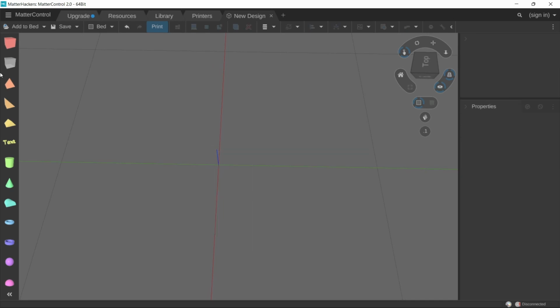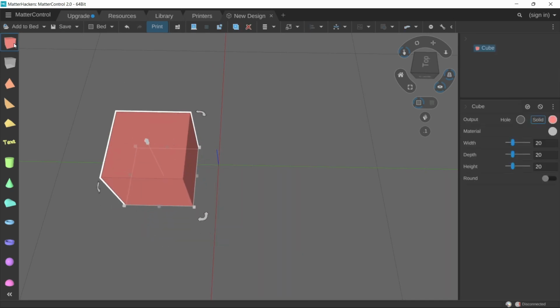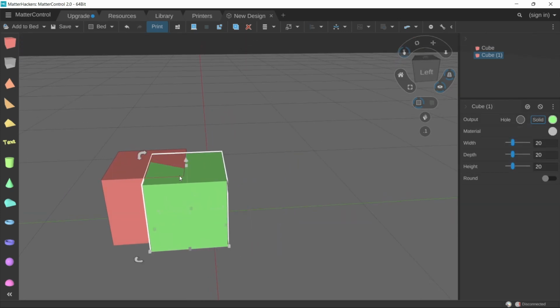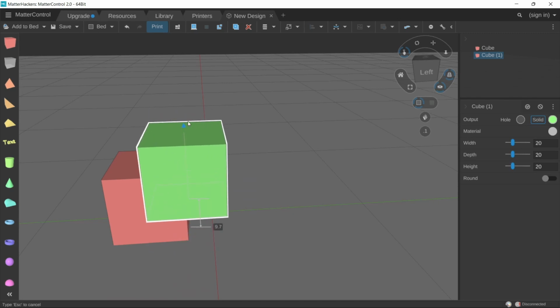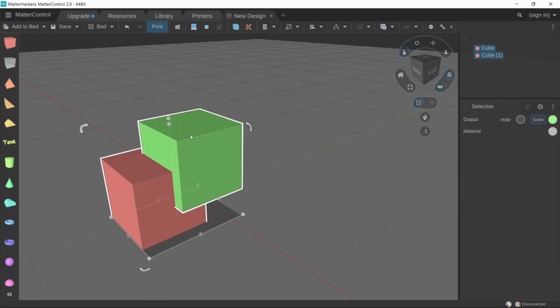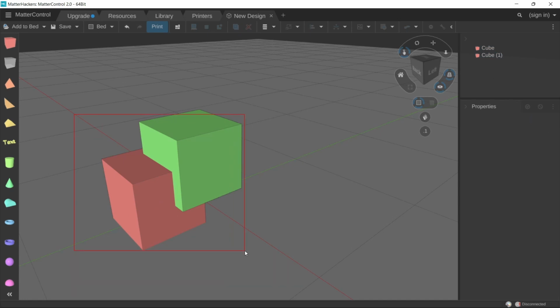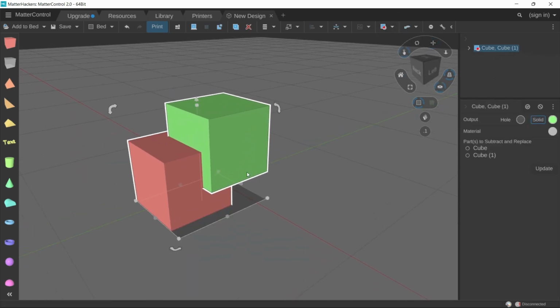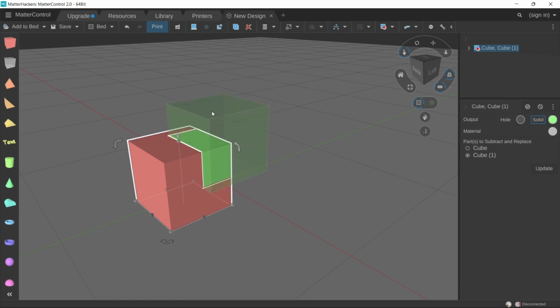And last but not least, we have the subtract and replace tool. So let me show you what that does. I'm going to change the color on this. With subtract and replace, you're going to select your objects, click subtract and replace, and now it's going to ask you which cube you want to get rid of. So once again, whichever one goes transparent is the one you're getting rid of. If I hit